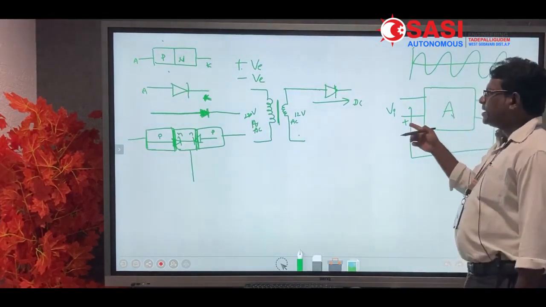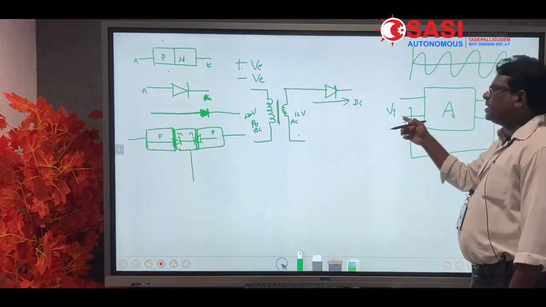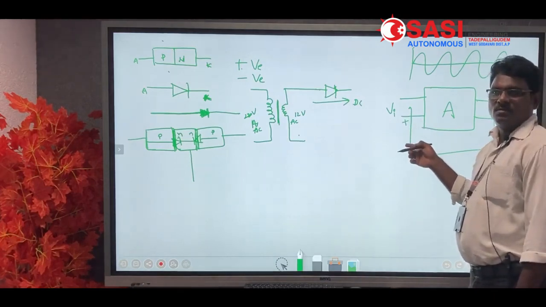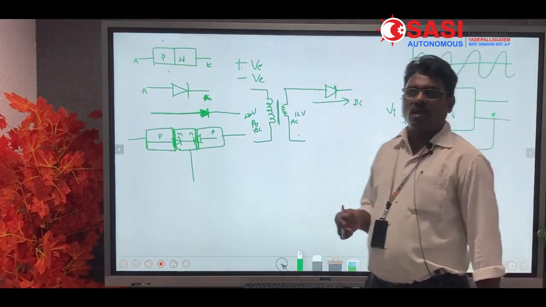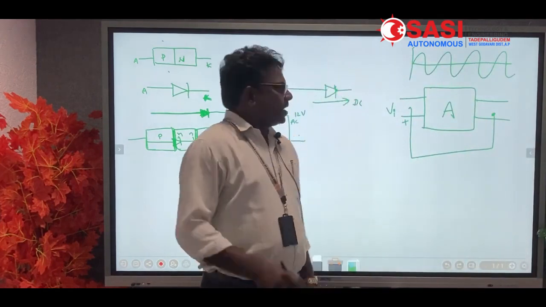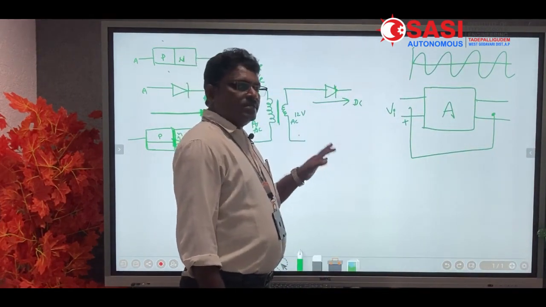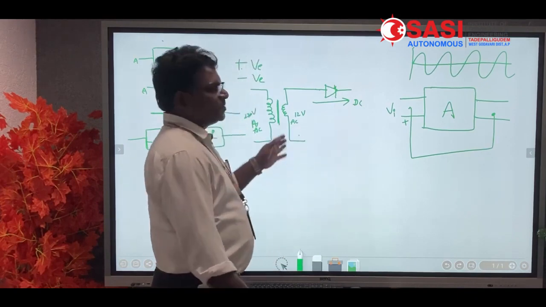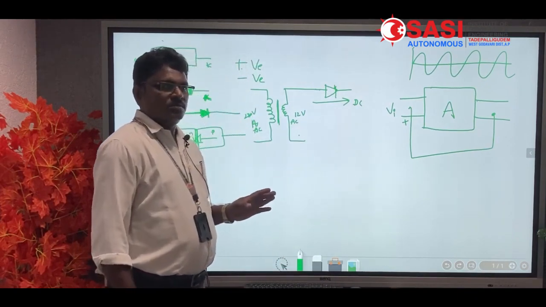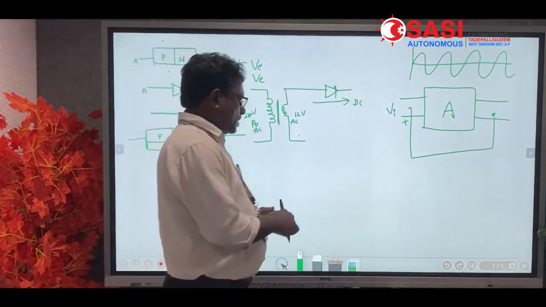Otherwise, with negative feedback, the input signal is decreased, that is negative feedback amplifiers. Okay, negative feedback amplifier is discussed later in the subject electronic circuit analysis. I will discuss later. Okay, so here